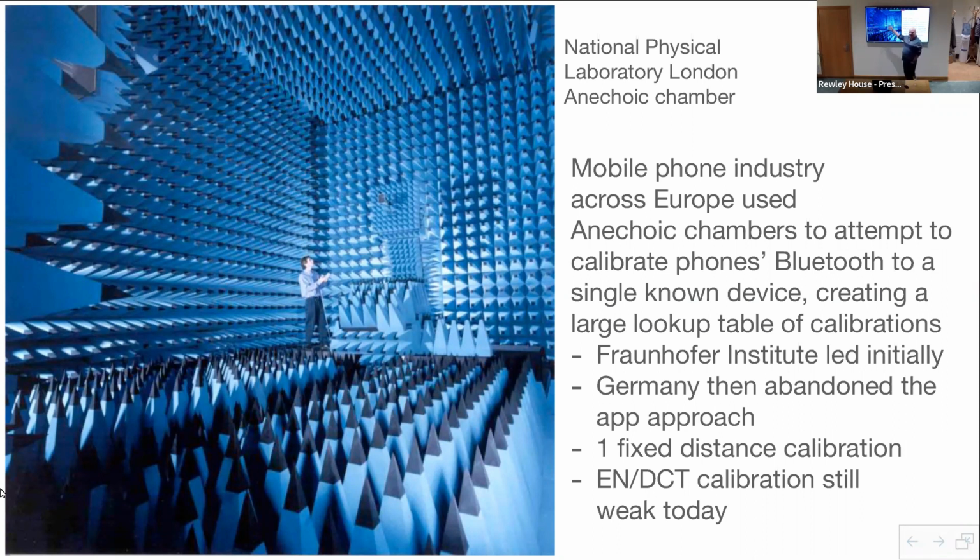This is basically a place where you can take a phone or another device in, and it prevents radiation from escaping and getting in. So you can test 2 phones and just look at the signals between those 2 phones. And there's nothing bouncing off the walls coming back at you, and there's nothing interfering. So we use this one in London, but the Mobile Phone Manufacturers Association did a fantastic job all over Europe. And they used loads of these chambers and tested 1,500 phones within a couple of months.